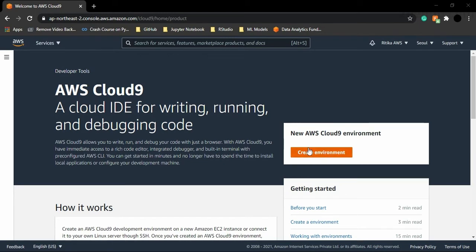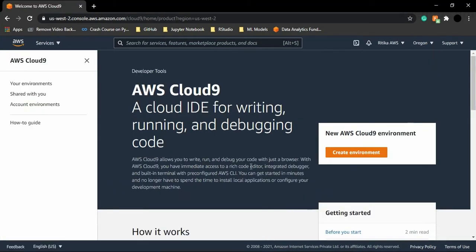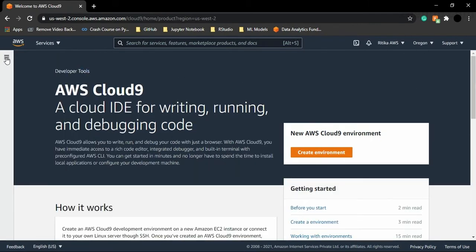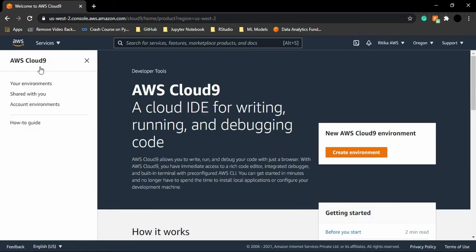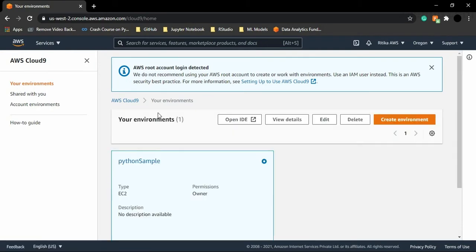So if you want to create an environment, you can just follow this option and you would be able to create your environment. However, if I just go back to my Oregon region, here what I can do is, you can see there is this option. I can just click on it, and here is this Your environments option. So I can just follow this Your environments option, and I would be able to view all of my environments